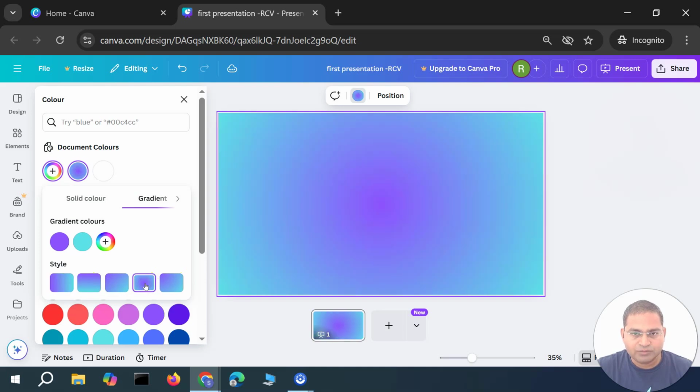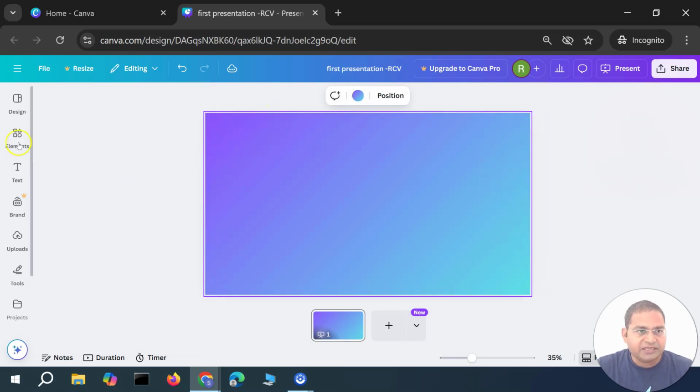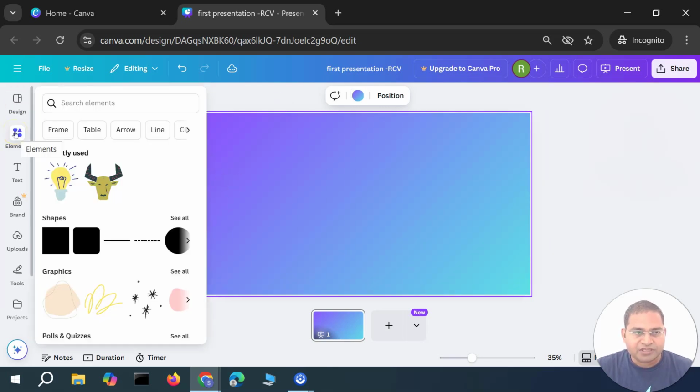So for example, I want this particular style or this style. Okay, so that's basically how you will start from fresh. Then the next thing is to add the elements. If, say for example, you want to add the elements and text,